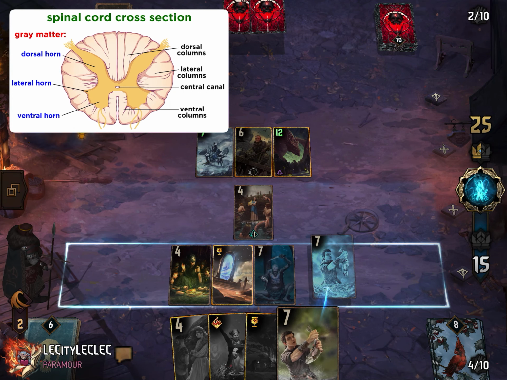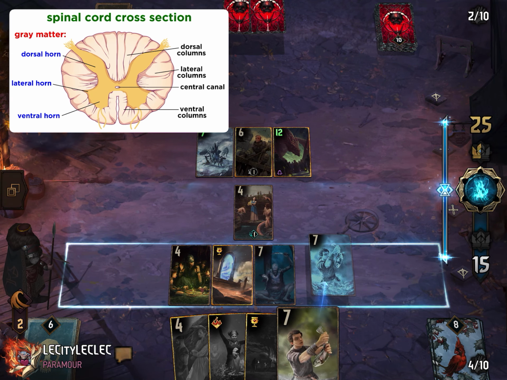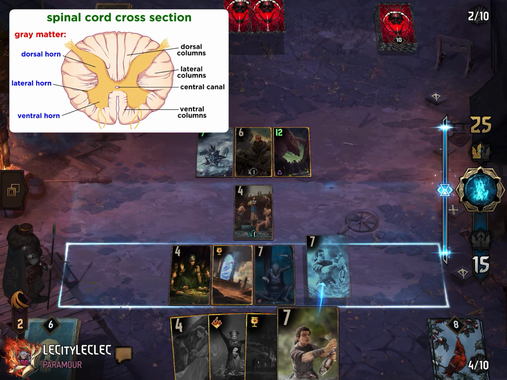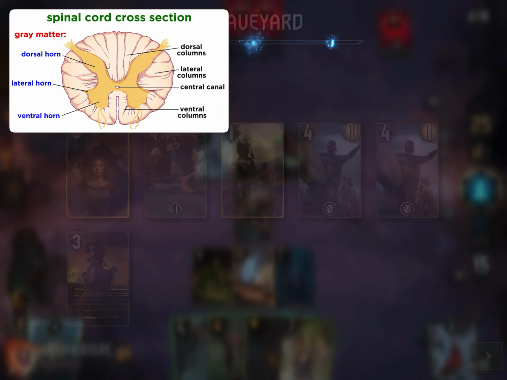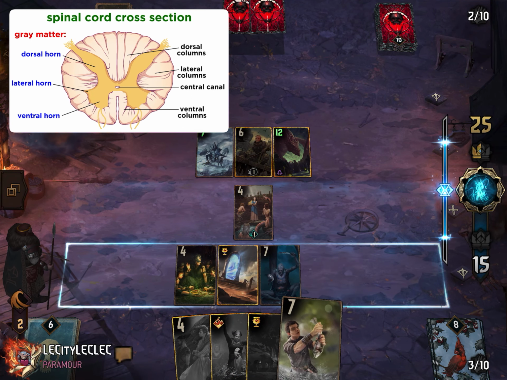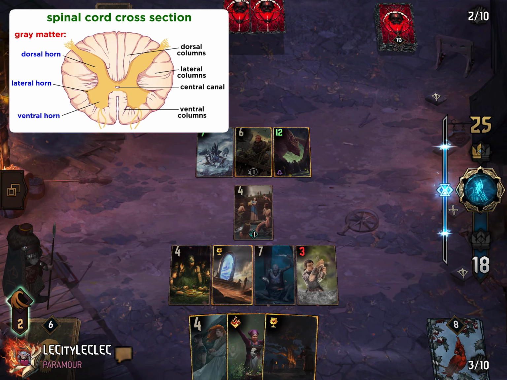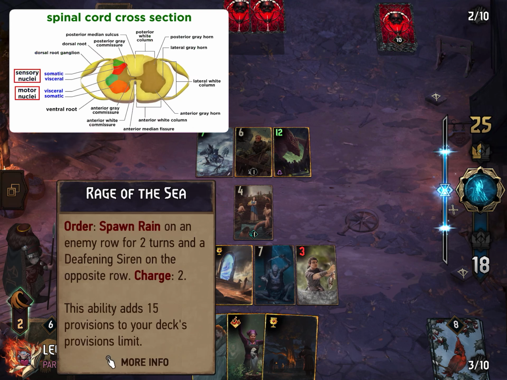The gray matter towards the center takes on a butterfly shape made of multipolar neurons. From these dorsal horns and ventral horns, neurons connect with skeletal muscles and other structures around the body, and these